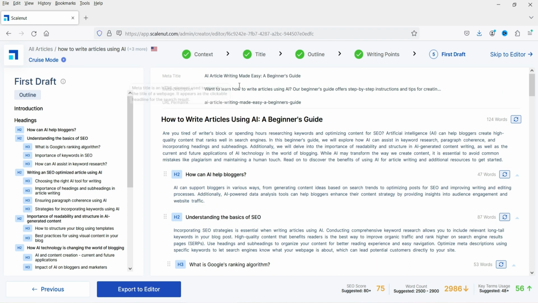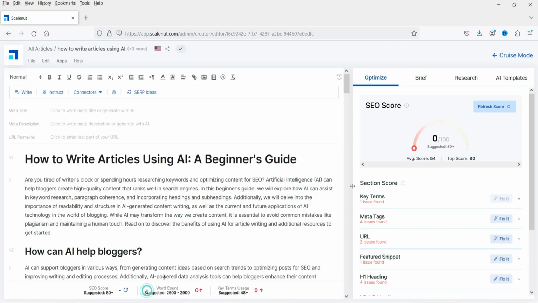Now here you will see the meta title that we have selected. Meta description is also created, and this can be a URL permalink. So you can use this as a URL permalink. If you want to change it, here you can see AI suggestions. So what I'm going to do, I'm going to export this to the editor,